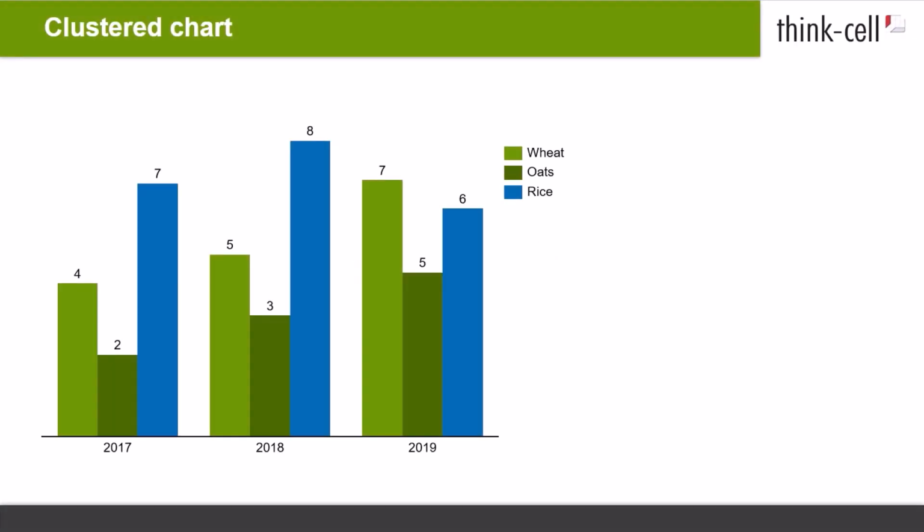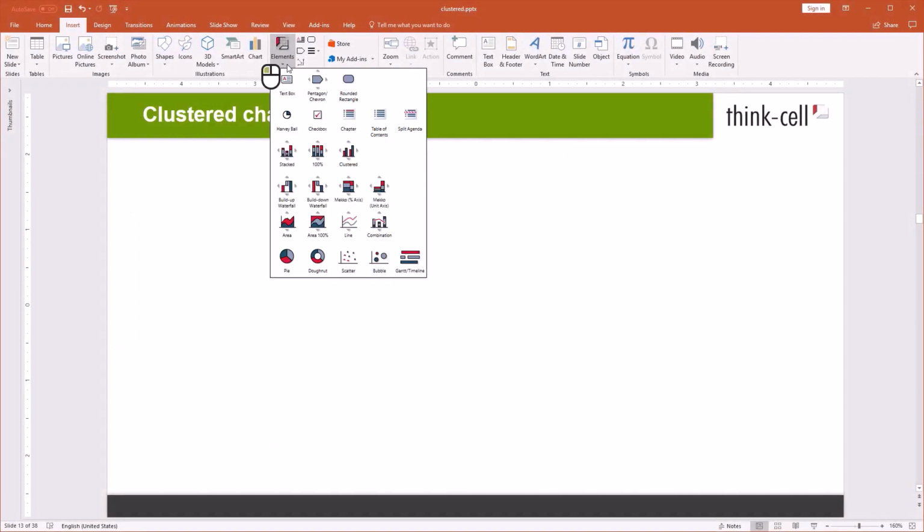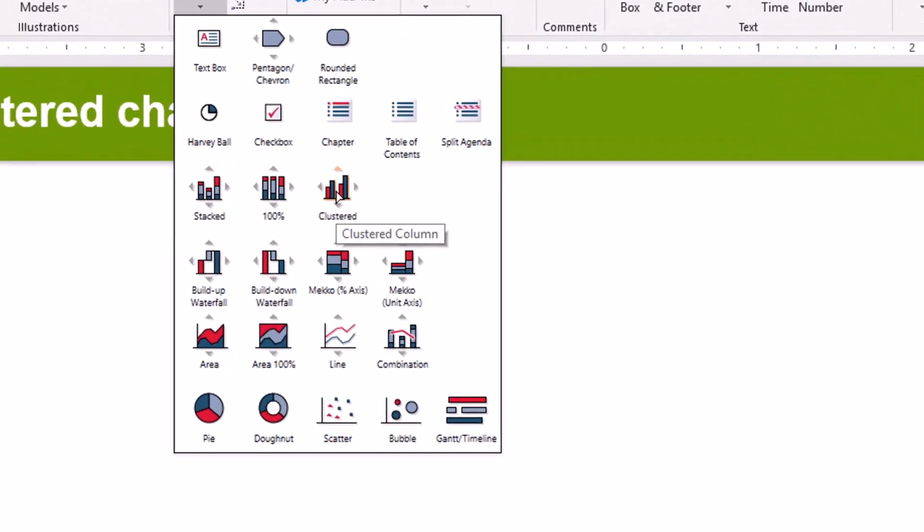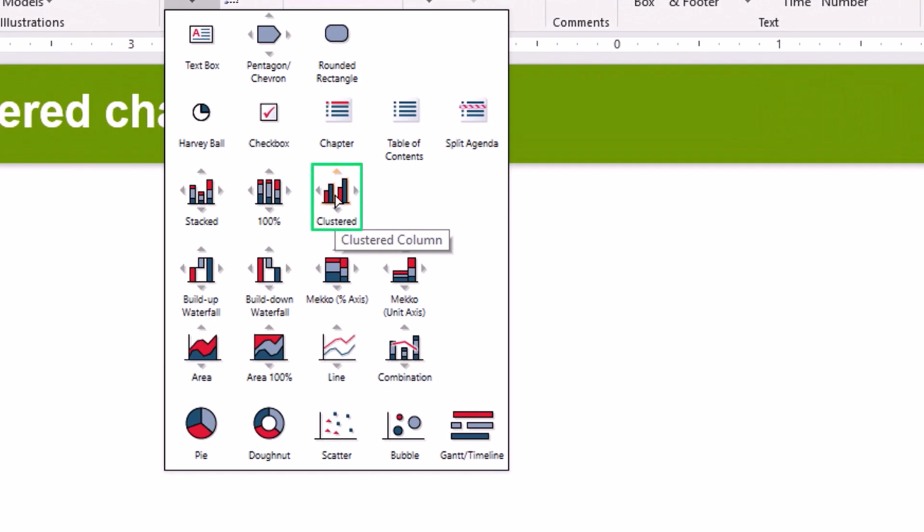Let's turn to the clustered chart. A clustered chart is very similar to a stacked column or bar chart, but clusters several column or bar segments of a category beside each other instead of on top of each other. To create a clustered chart, open the Elements menu, click on the Clustered icon, and position your chart on the